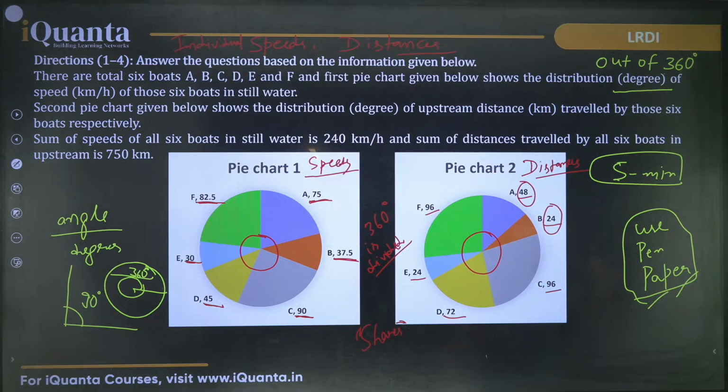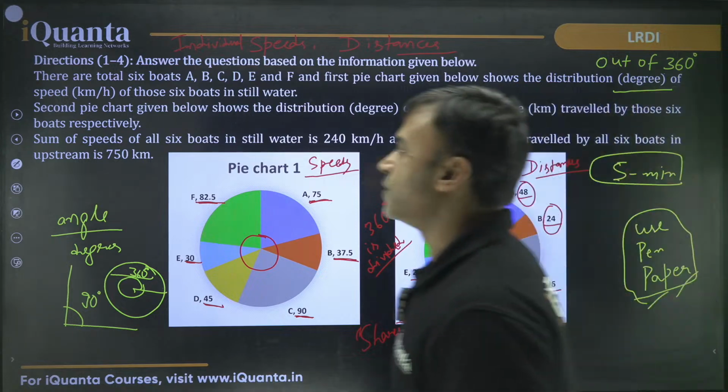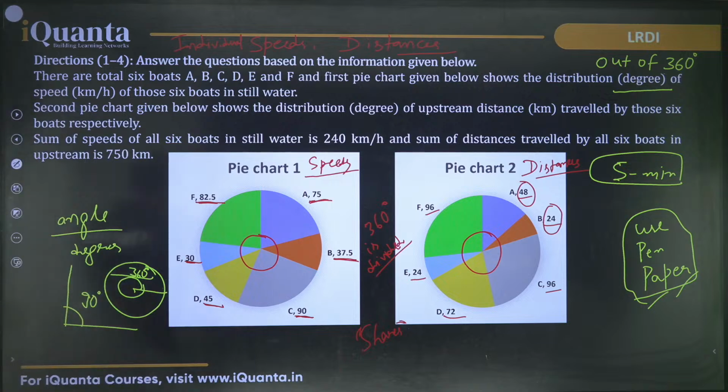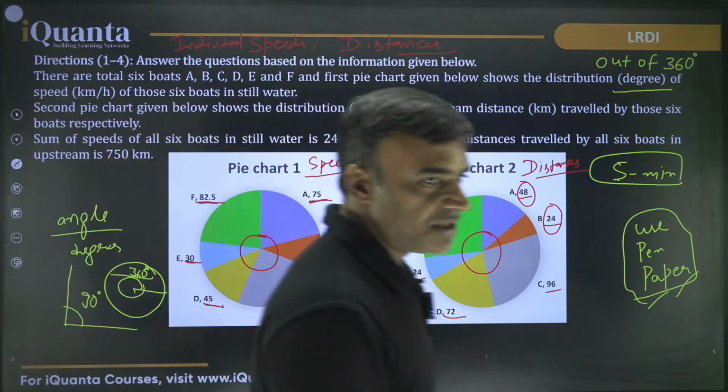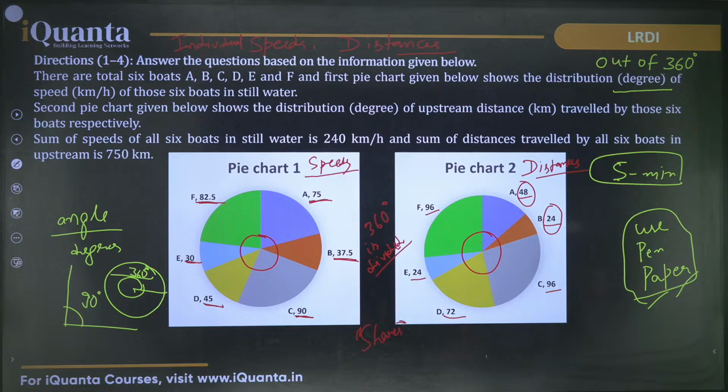Brosen, it says into 100. Into 100 किस चीज में बेटा? What are you saying? Well, I mean, which item needs to be multiplied to 100? 100 we do when we have percentages. This is not percentage. This is degrees. So that is another good way to understand. In percentage, our base becomes 100. In pie chart, our base becomes 360.